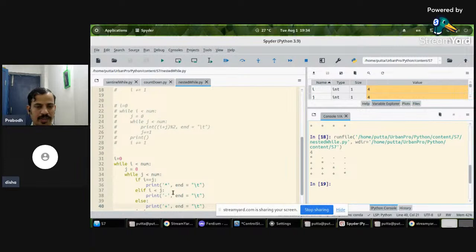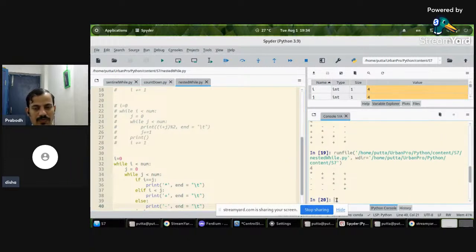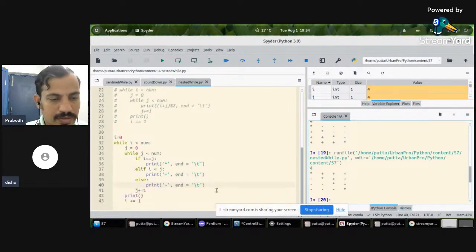Okay. Oh, I think I have to exchange these values. Plus, yeah, I told it, but while coding I used a different value. 4. Do you see the output now? Yes, sir. Okay. So we'll look into similar examples of patterns when we look into for loops as well. Okay. So next,